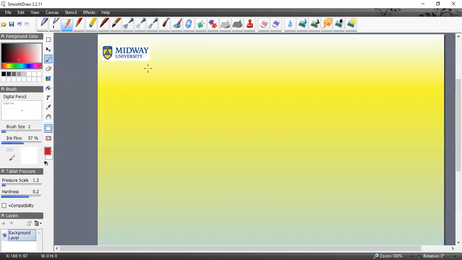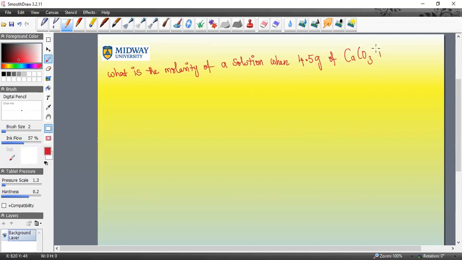Okay, so what is the molar concentration or molarity? What is the molarity of a solution when 4.5 grams of calcium carbonate is dissolved in